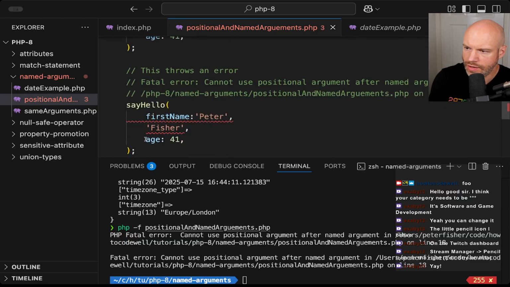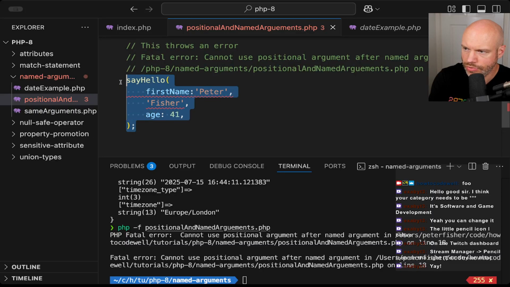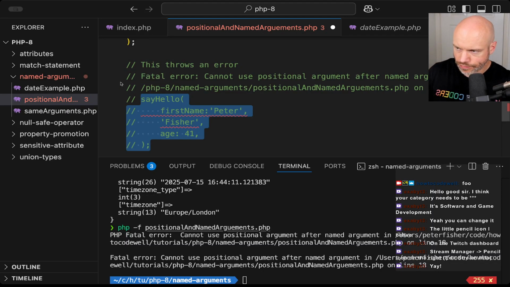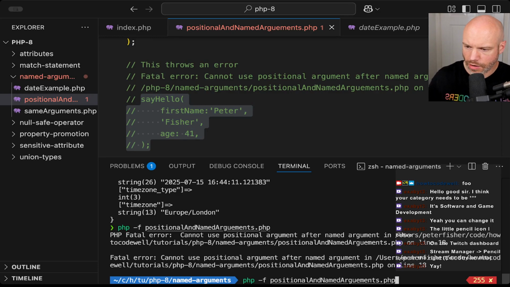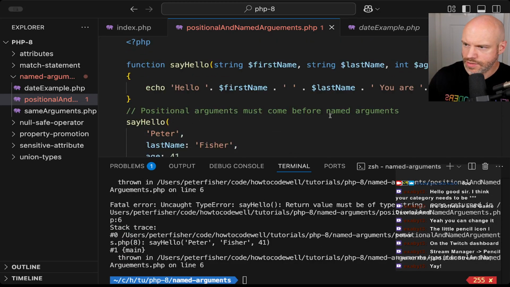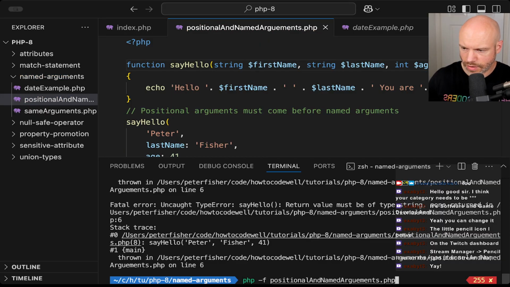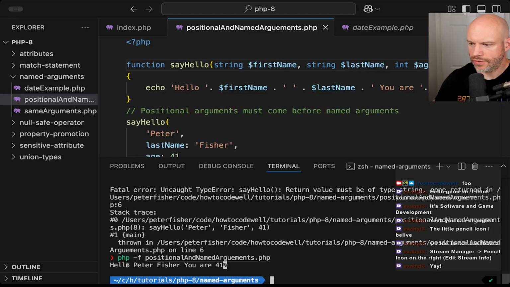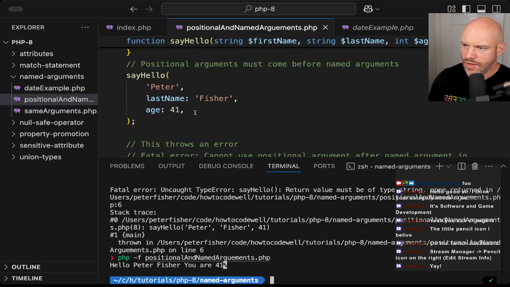And this, if I was to comment this out, save that, run the code, that should have passed. Why is that not passing? Oh, that needs to not return a thing, doesn't it? It's void. Yeah, that's better. So that's going to say hello Peter Fisher, you are 41, and that's because we're calling the function